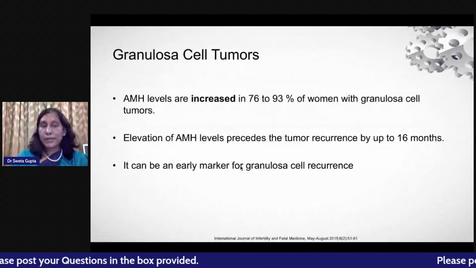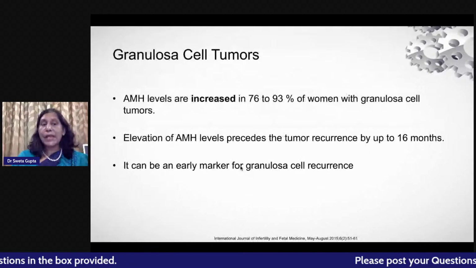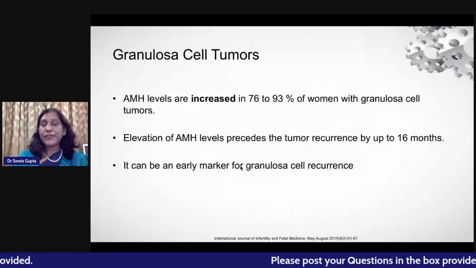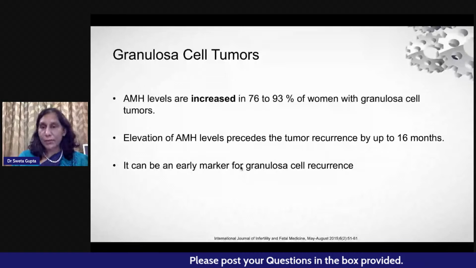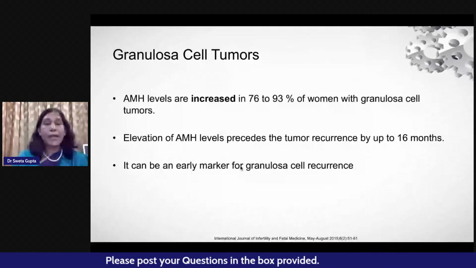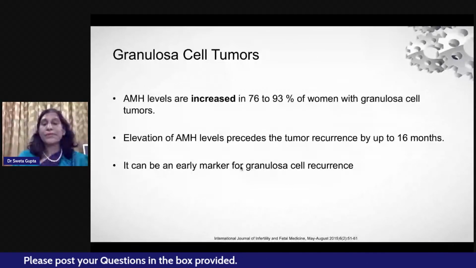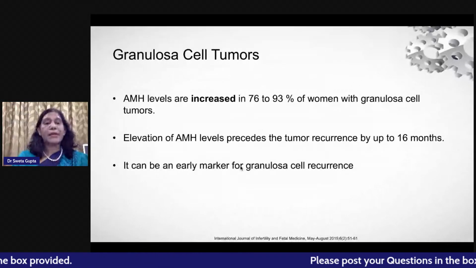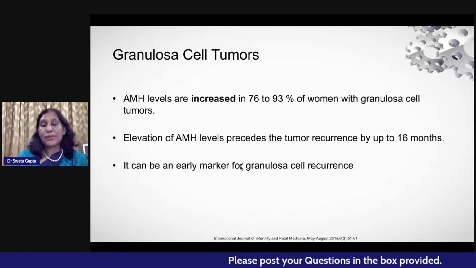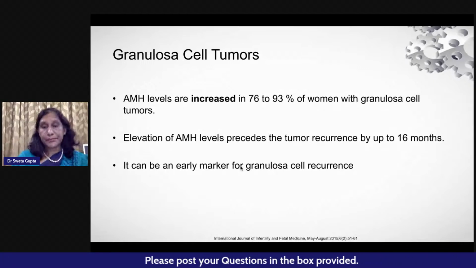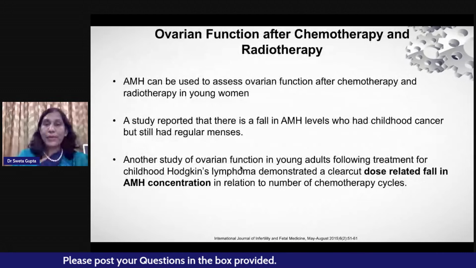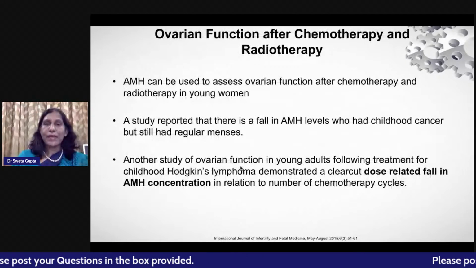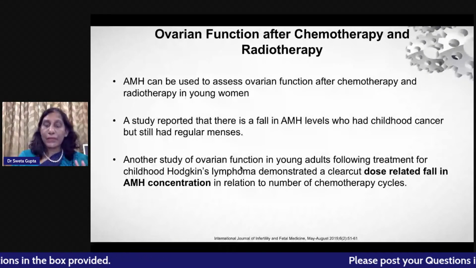In particular, in granulosa cell tumors, AMH is increased in 76 to 93% of women, and elevation of this level precedes the tumor recurrence by up to 16 months, so it can be an early marker for granulosa cell recurrence. Now, whenever we have a cancer treatment, whether chemotherapy or radiotherapy, we all know that